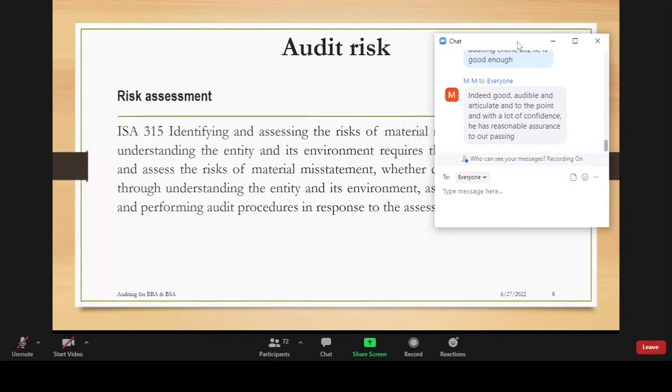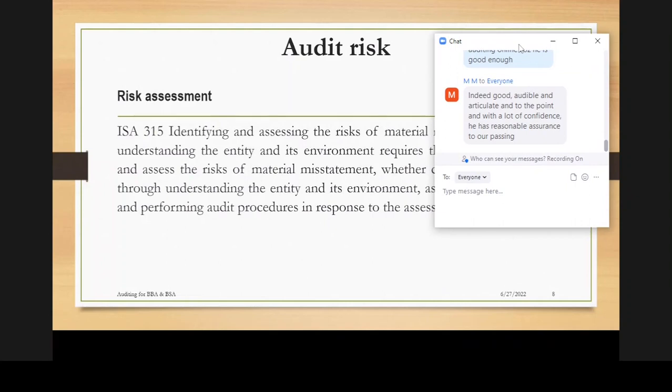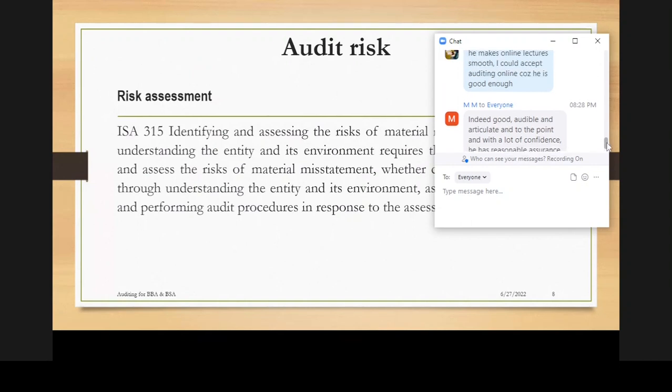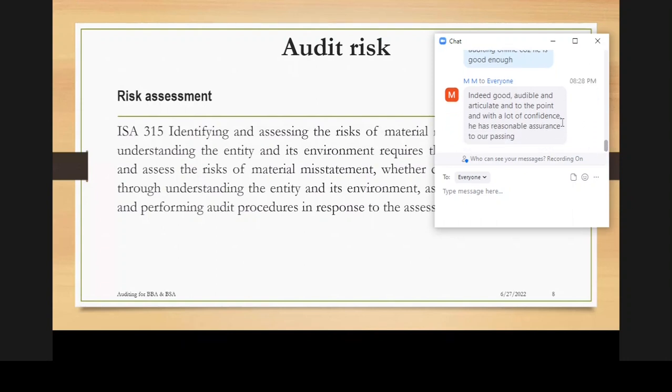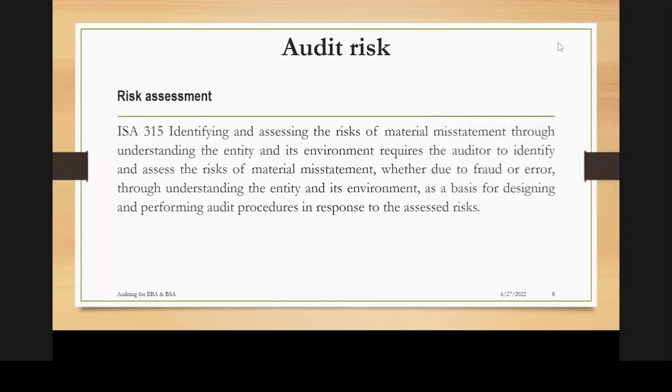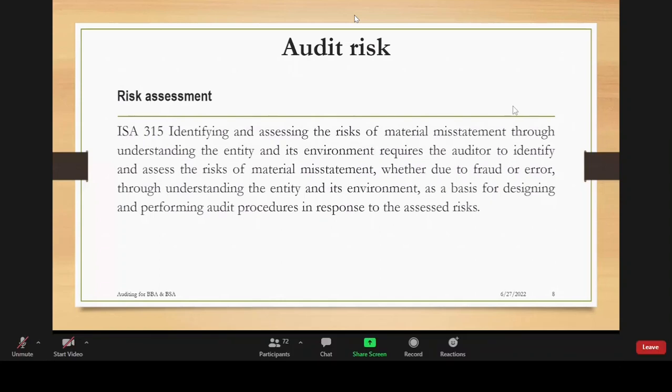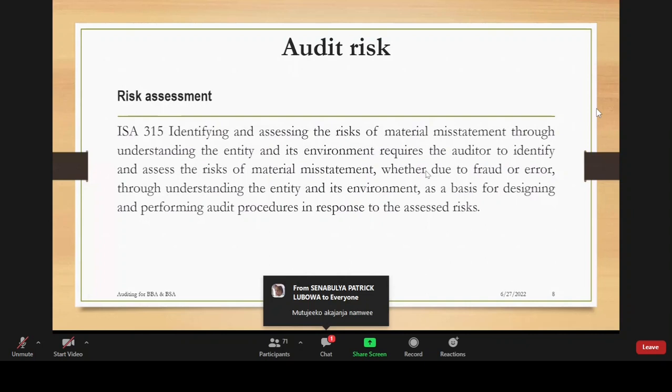Then a person that will actually even give you a report. You might have to get an architect to give you a report to confirm that the stage of completion is actually 80%, so that you're confident that what you're going to issue in your report is the correct thing. So it is not that you don't have the capacity. It is only that you need other people really to help you.